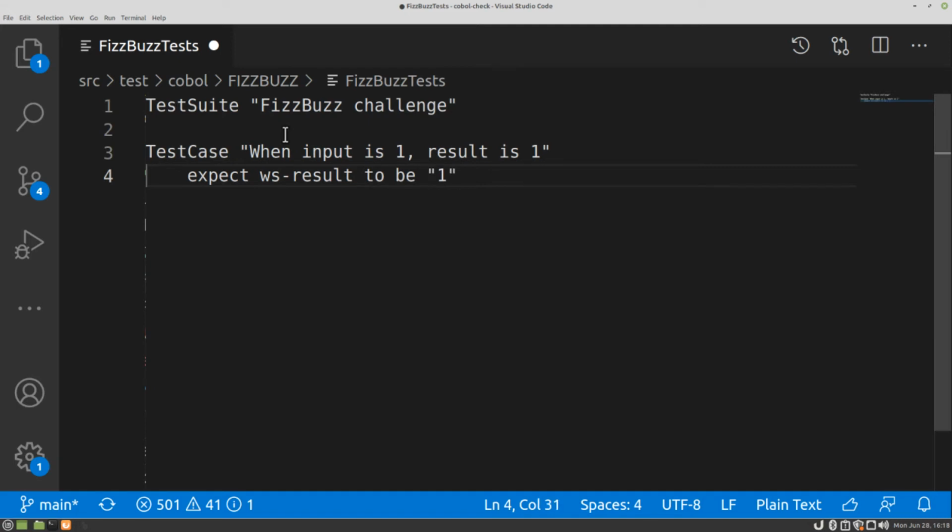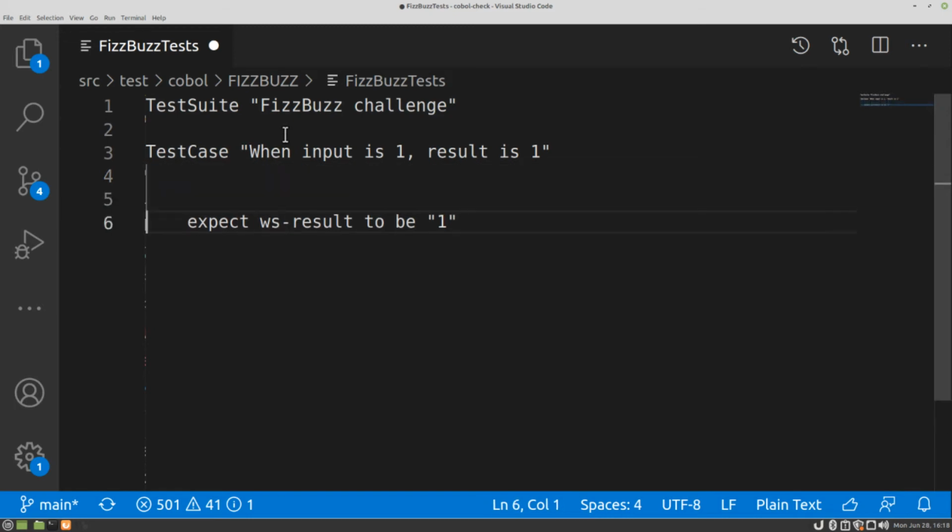Cobol doesn't return values in the same way as Java and C# and so forth. It just populates a value in its own data division. So let's assume a field name for the result. How do we get to that result? We'll need an input value. Let's assume a field name of WS input. That's our arrange step. For the act step, we'll perform a paragraph that doesn't exist yet. Remember, we're test driving. Let's call it percolate.